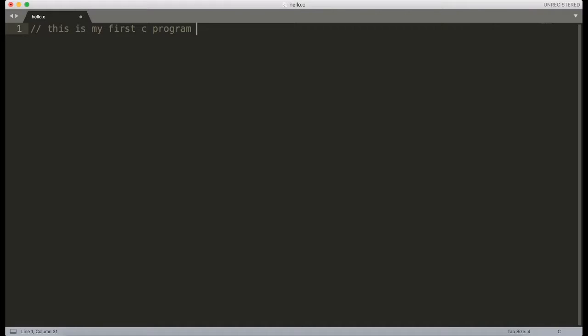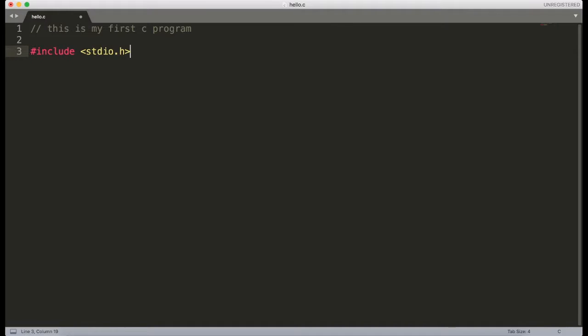Just like assembly language, even C programs can get confusing at times, especially when there is more than one person working on it. So it is always good to add some comments to your code so that when you look at the same code after 1 year, or if someone else is looking at your code, they can understand it as well. So now we are going to say hash include